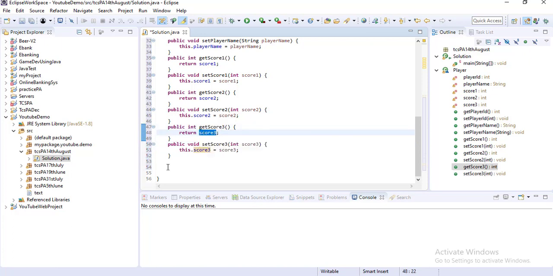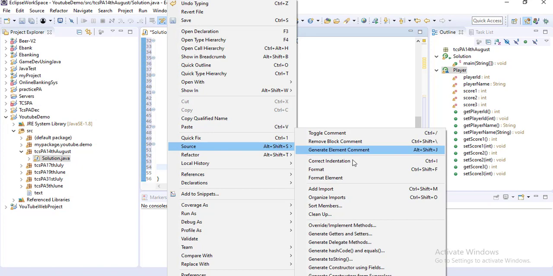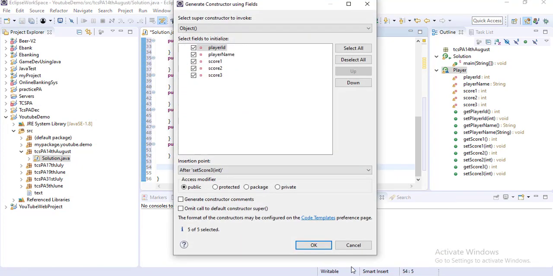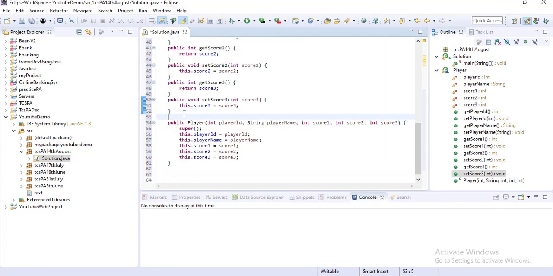Okay, and then the constructor you have to declare. For that, again right click, go to source, and then generate constructor using fields. Select all the attributes and click OK. A constructor is like a function or method, but the name of the constructor should be the same as the class name.